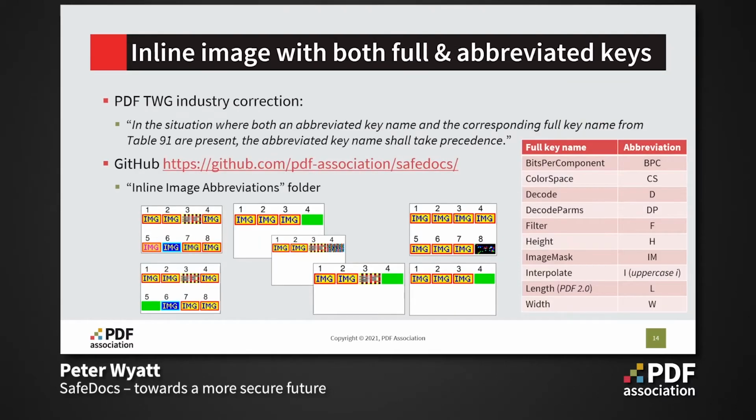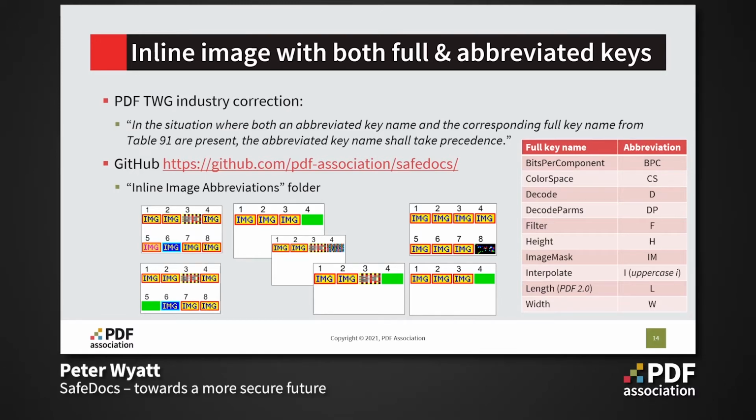PDF inline images can use abbreviated key names for convenience and compactness, or they can use the full key names from ImageX objects. They are also unrestricted in mixing key names from both these sets. Although the PDF specification explicitly prohibits identical or duplicate key names, it's silent on how to handle this special situation where two different key names have an identical semantic meaning. And inline images have been in PDF since PDF 1.0, so it has taken over 25 years to find this